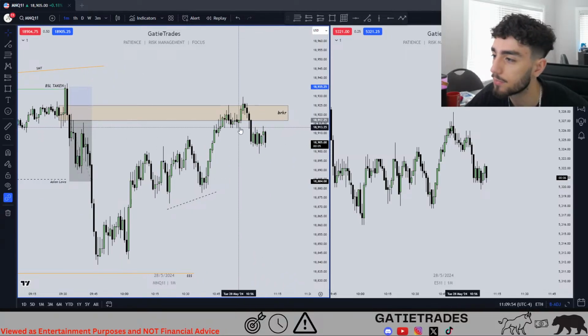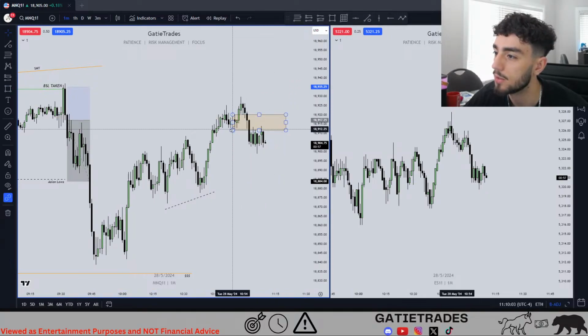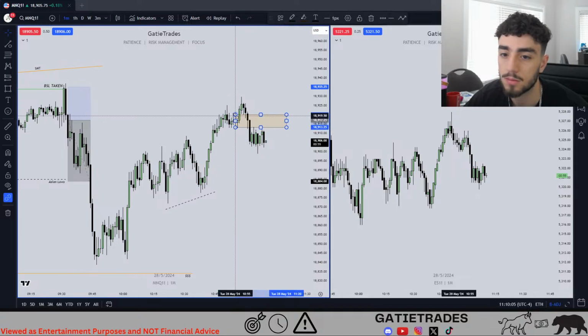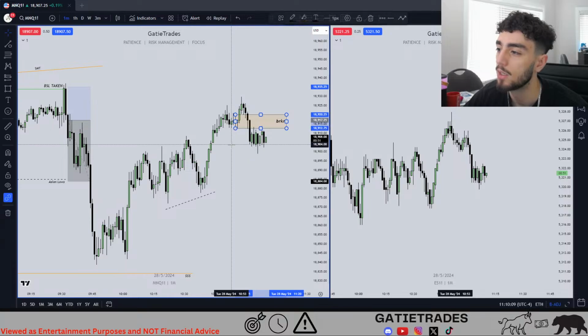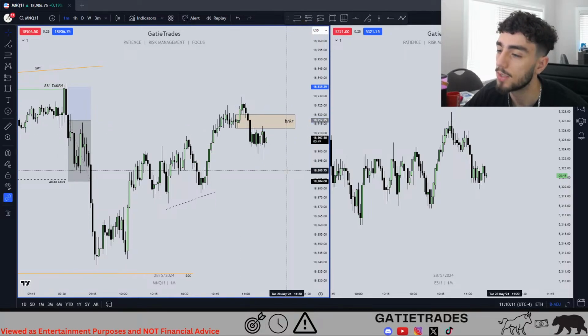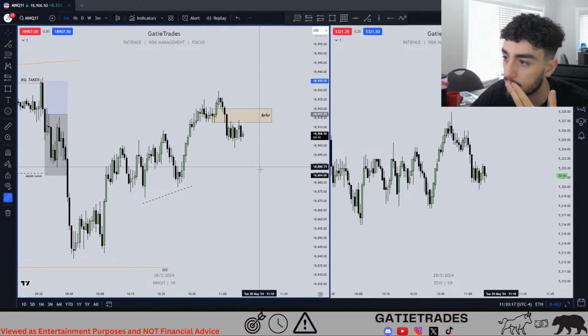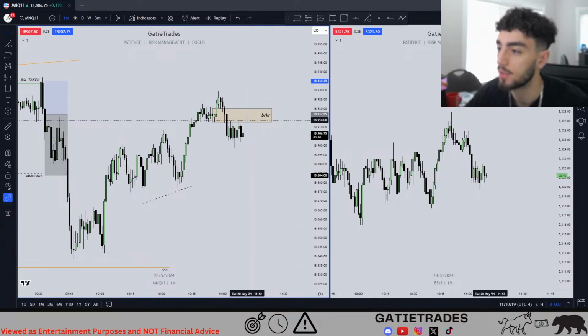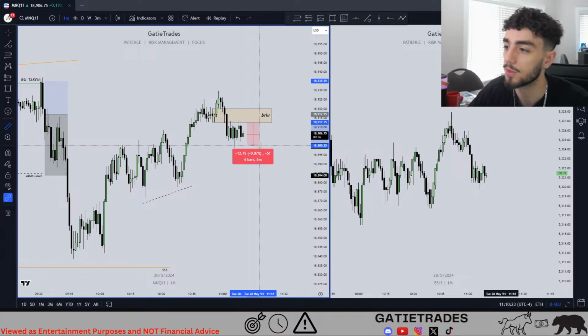Interesting here. Setup right here, huh? See if it plays. You use next day model for bias? Yep. Next day model is really nice. The only thing about next day model is I noticed right now price closes below the 15-minute bearish FVG. Yeah. And there's a breaker form right here. You could have taken this. You'd already be up. You could have been up 10 points already, 13 points.